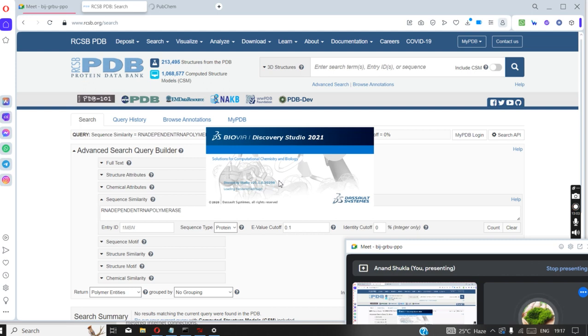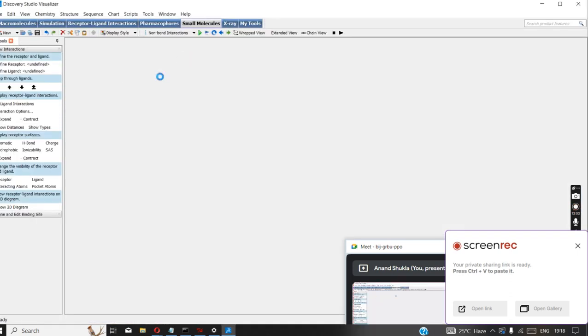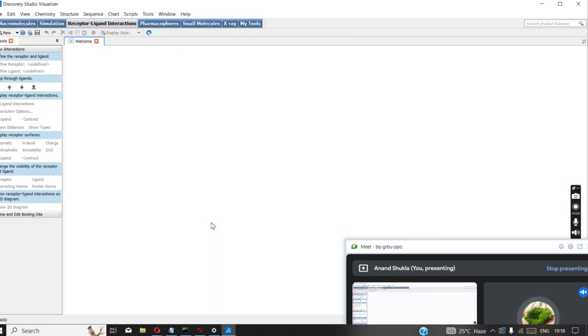So this takes quite a long time to open Discovery Studio. And once it opens, we have to open our protein file there. So this is the interface of Discovery Studio. First of all, we have to open our protein file that we are going to download from PDB and